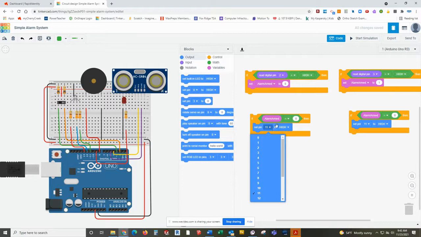And if this is armed, I want it to set pin 13, which is my red connected pin. That's why I color-coded my wires. And I want it to do that if armed is equal to 1. Now, the other thing I have to do is I have to undo the opposite one. Because if I do this right now,